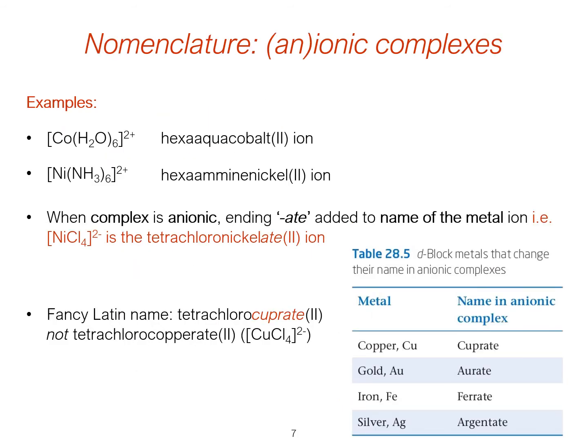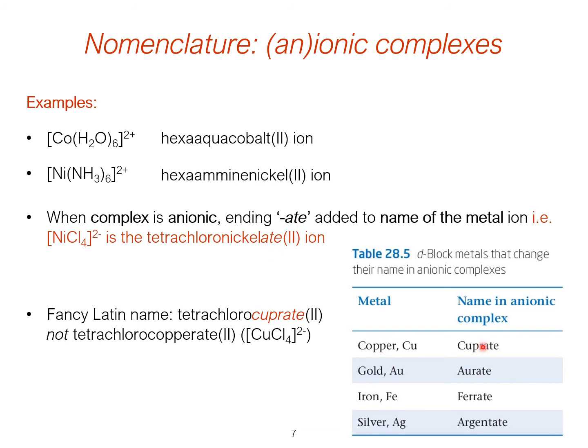Now there's a slight difference if what you're naming is anionic. So like what we looked at just then, hexaamminenickel(II) ion is fine. If we've got cobalt with waters and 2+, it's a hexaaquacobalt(II) ion. However, if it was anionic, so instead of being 2+, say it's 2-, like we've got here, the nickel with 4 chlorines and 2-, because the complex is anionic, we add -ate to the end of the name of the metal. So this one, instead of being tetrachloronickel(II) ion, it's tetrachloronickelate(II) ion. And this just shows that it's 2-,